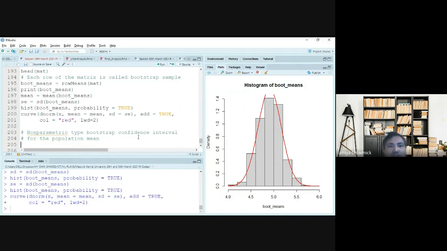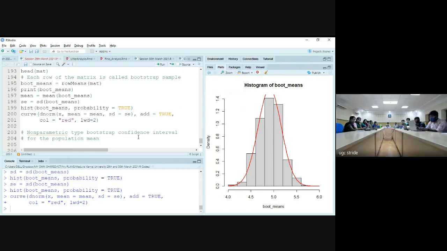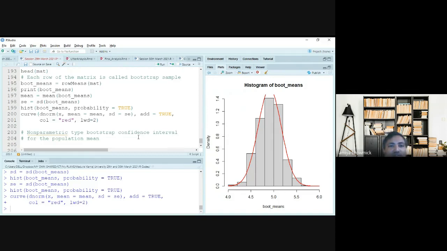Then you cut off the lower 2.5% and the upper 2.5%. Whatever values you get act as a 95% bootstrap confidence interval.